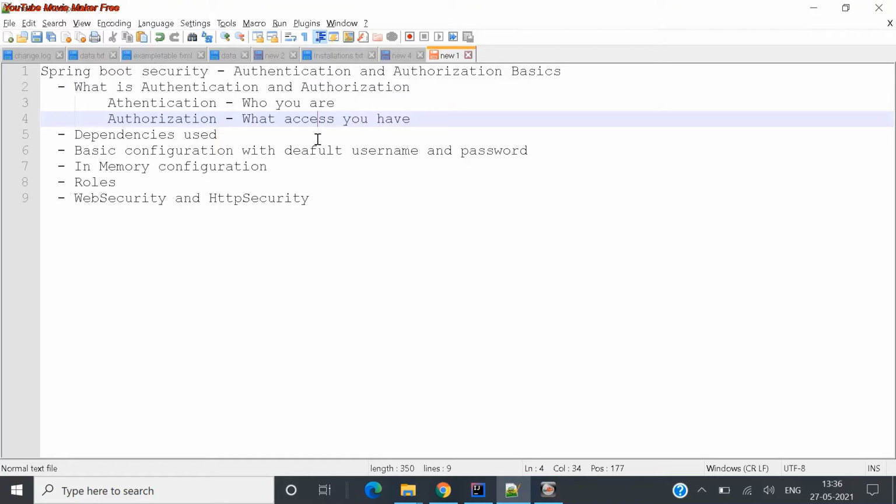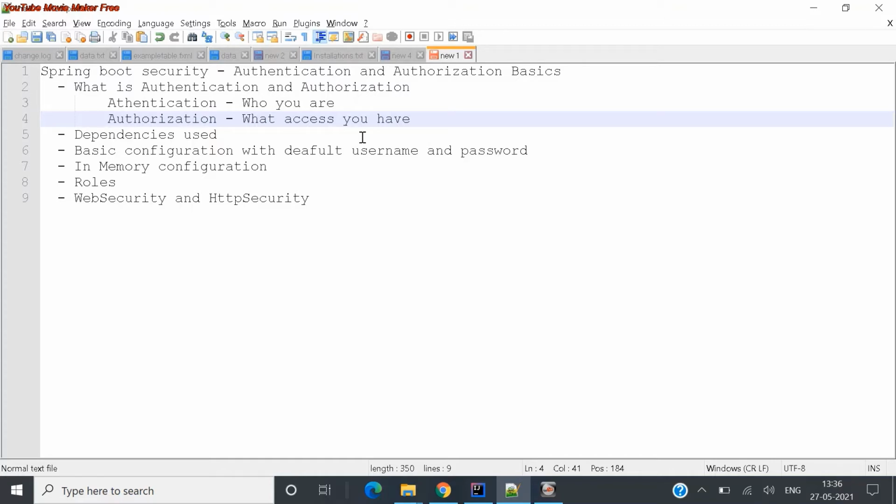Now the authorization. Once you have logged into that particular software or site, what access might you have in it? For example, assume you are logging into software which has different roles, where admin is one role and normal user is another. You might see only the data which belongs to your role, maybe as a normal user, but an admin might see more data than you because he is authorized for those particular pages or more data.